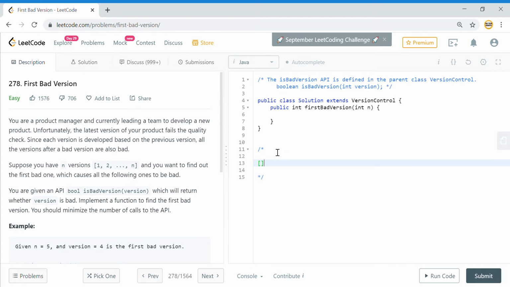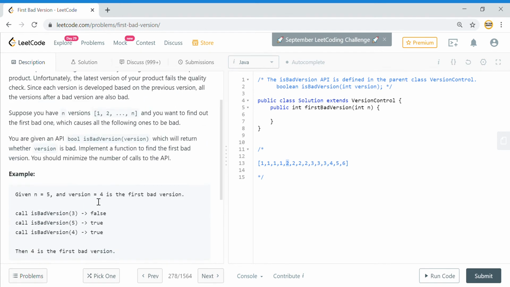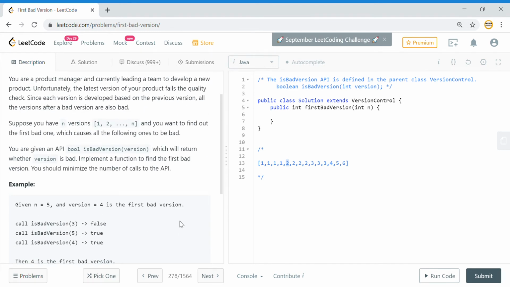When you look at this problem, it will seem very similar to something like this. Suppose you have been given a sorted array, something like 1, 2, 2, 2, 3, 3, 3, 4, 5, 6, and you have been given a target 2, and you need to find the first occurrence of 2 in this sorted array. So it looks similar to that, and that is where it clicked for me also, that yes, it is a straightforward case of binary search.